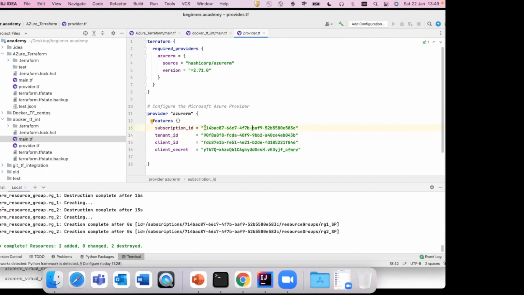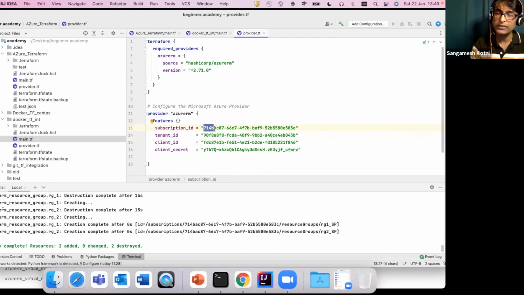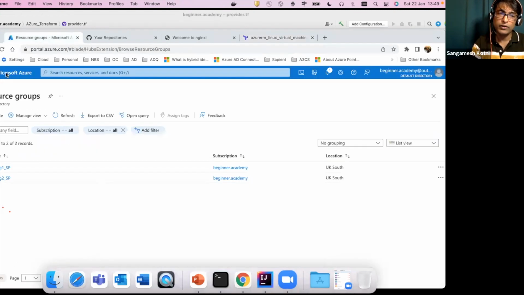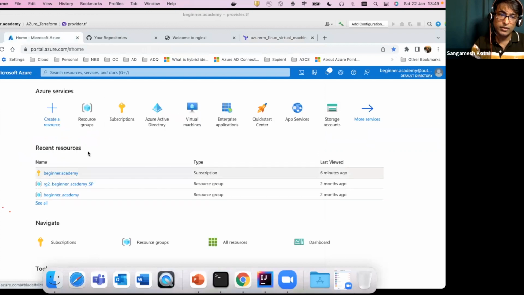In a multi-subscription model, using Azure DevOps, we can select it parameter-wise. We can select a parameter as a subscription, and at runtime, that subscription ID would be changing. In the real world, what we do is subscription